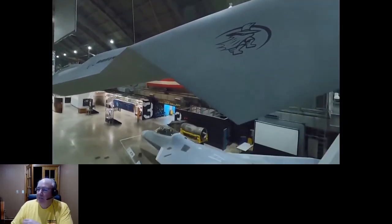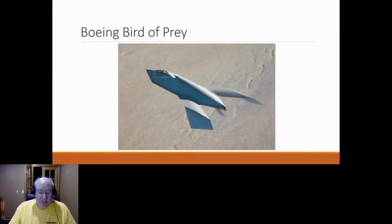And there's the Boeing Phantom Works logo. So this is the Bird of Prey. It was a black project. It was intended to demonstrate stealth technology. And what they were talking about there with the blended surfaces, or the gapless control surfaces, you saw the little